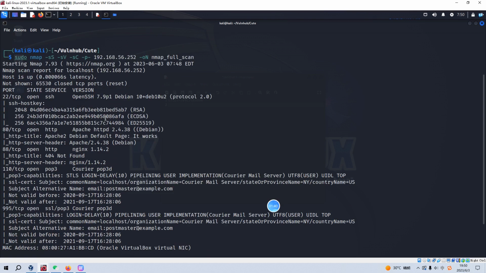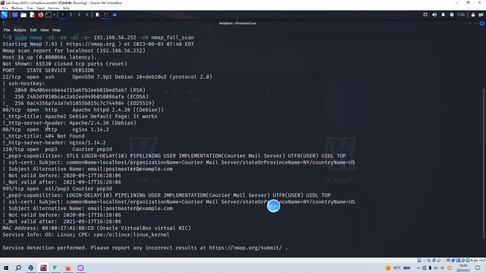And from the Nmap scanning results, as you can see, there are several open ports, like 22, which is running SSH service, and also the actual version information, including the version number, is displayed over here. Of course, as we know, this version doesn't have any vulnerability. And the second one is port 80, which runs HTTP service, and also the version information. And the third one, 88, which runs